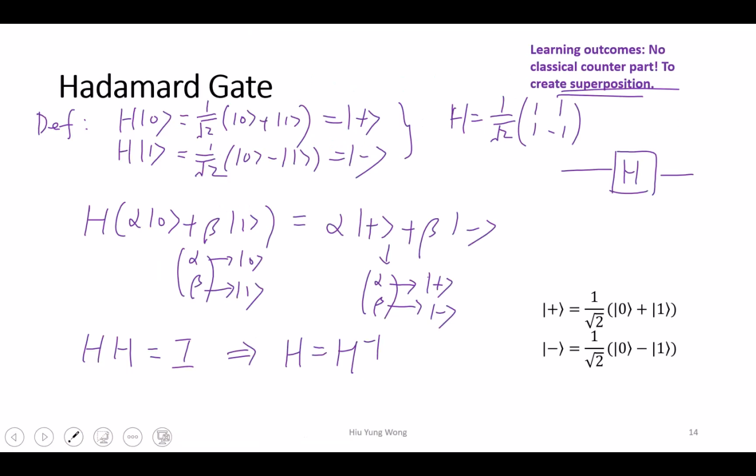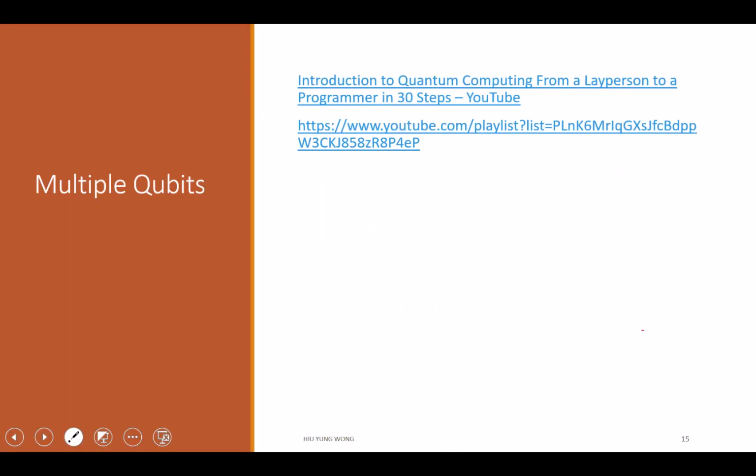Now, we're done with the single qubits, right? Are you okay? It's a matter of practicing, playing with the matrix, and understanding the definition. That is very important. What is the meaning of a gate? It tells you how it transforms the basis state. Always step back to that question. Once you understand how it transforms, the rest is just a linear combination, the distribution law, right? But now we can create superposition. But one qubit is not useful. And also we need entanglement to have good quantum computing. So we definitely need to have